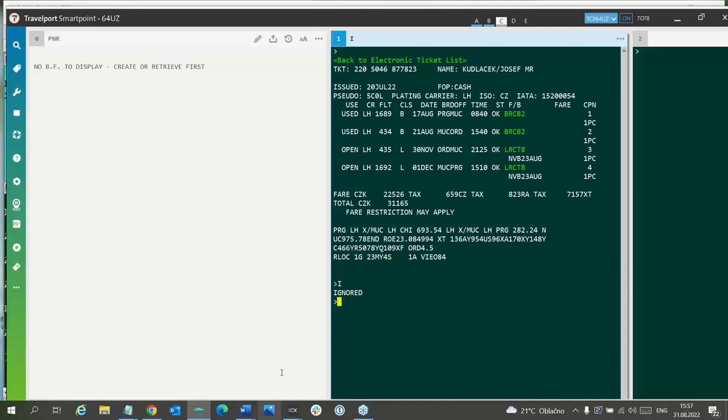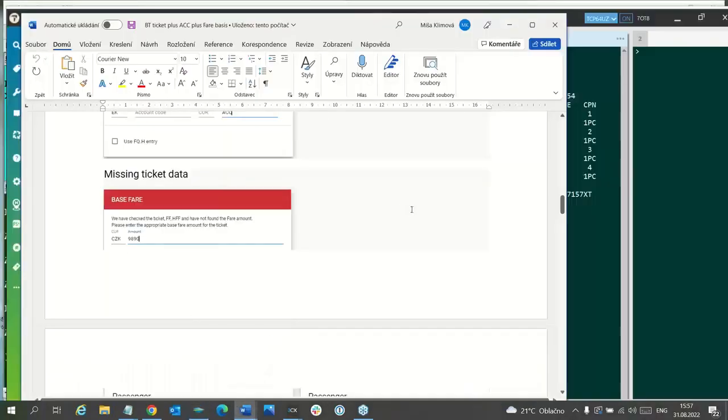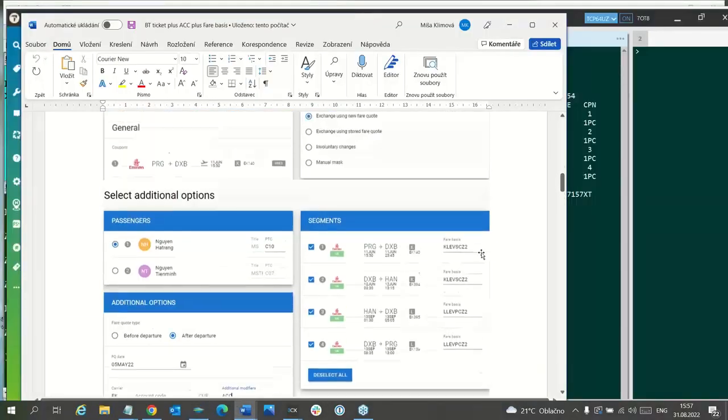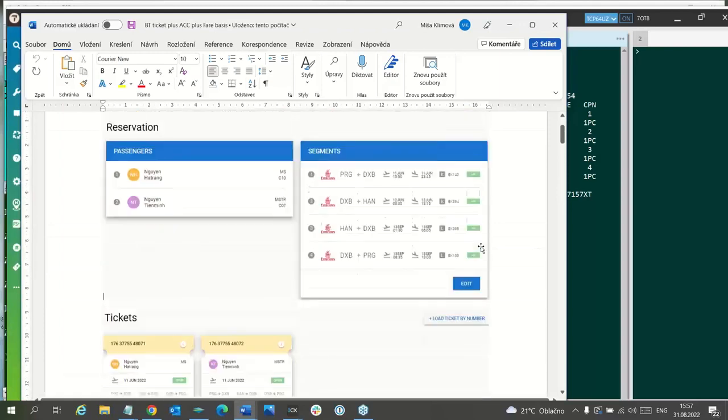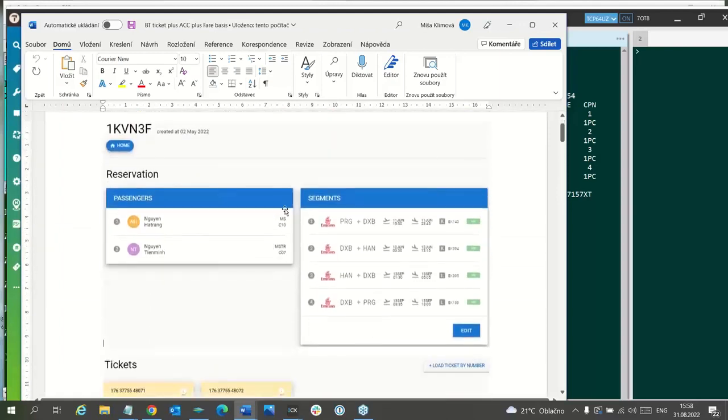It will be from these attachments which I have from this document. So I will show you an IT ticket, IT or BT ticket. So here are two passengers. Both passengers are children.